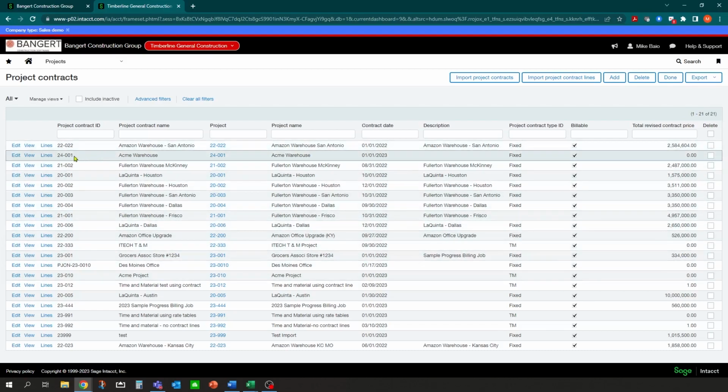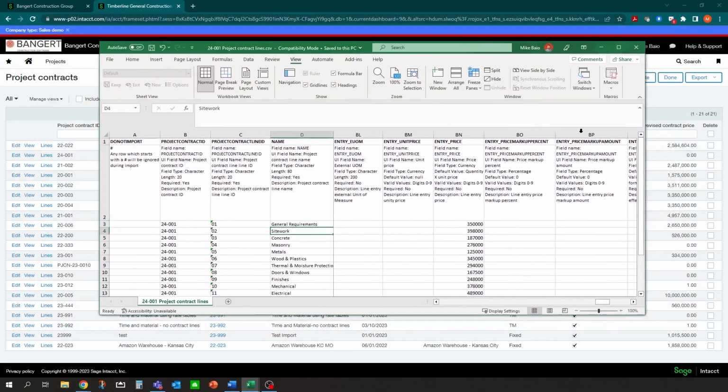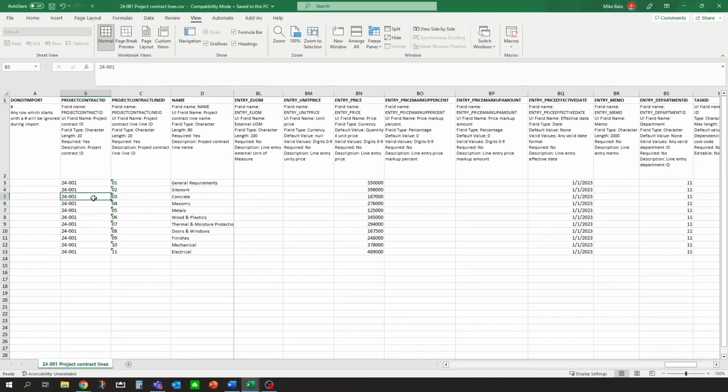So if we notice here, I've got my project right there. I don't have any amount in the system yet. And just like before, I already have a spreadsheet set up as my template for contract values. Here are the schedule values that I want to populate, and this is going to be based on your needs. It comes in very handy if you have a large list of schedule values. If you have 200 or 300 lines, you can easily put them in here and import them.